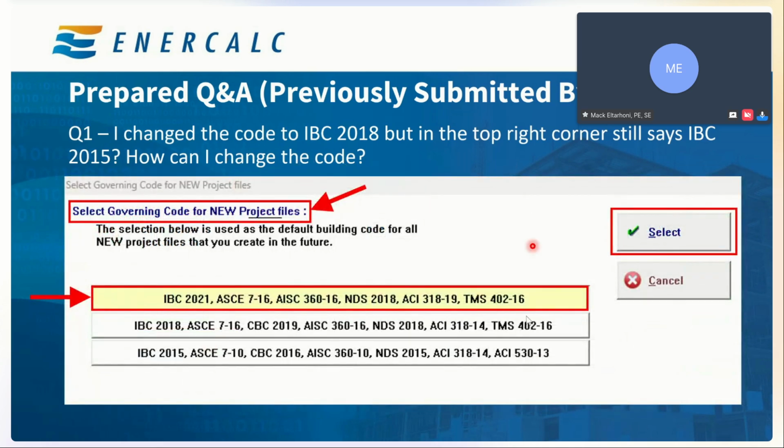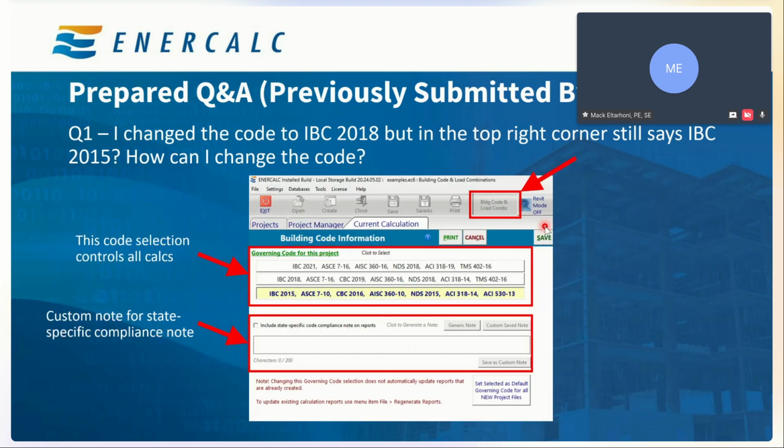And from there, you will get this window. It's a different window. In this menu, you can pick the code that you want to use as default for all future projects. If we use the IBC 2021, and click select, then every time I create a new project from here on out, it will automatically default to IBC 2021 as the governing code for all of the calculations that we perform.